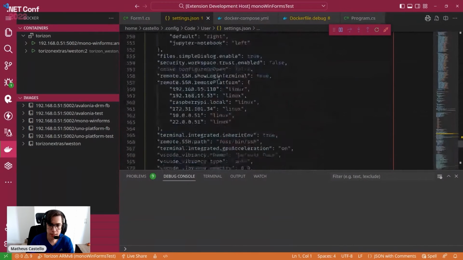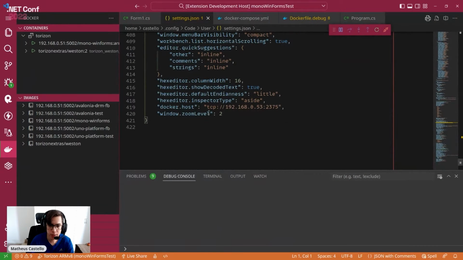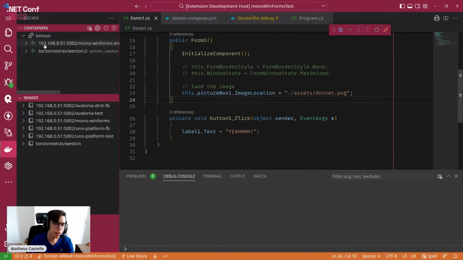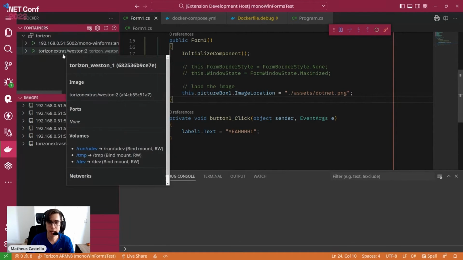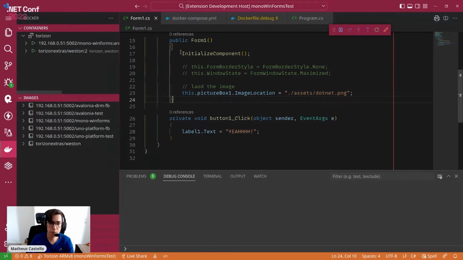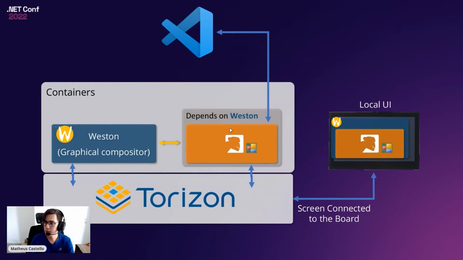I'm using the context here to point to my board. You can see here the Docker host is pointing to my board, right? So I'm showing here the containers that I have running on my board. I have the mono WinForms that we built, and Weston. And here we have something interesting to talk about, because as I'm showing on this image, the mono